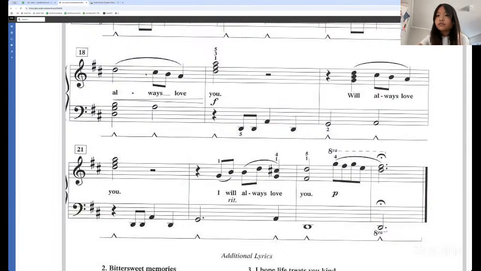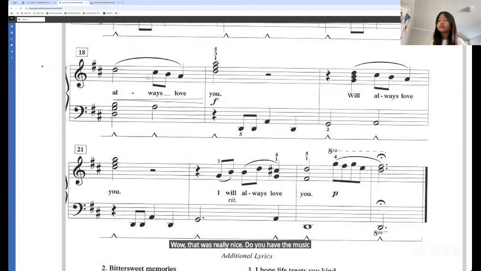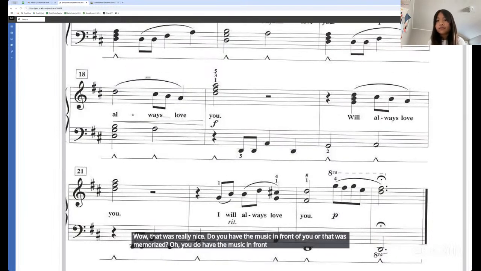Wow, that was really nice. Do you have the music in front of you or that was memorized? Oh, you do have the music in front of you. You should get this memorized. This would be a great